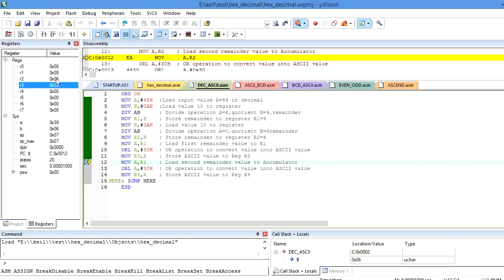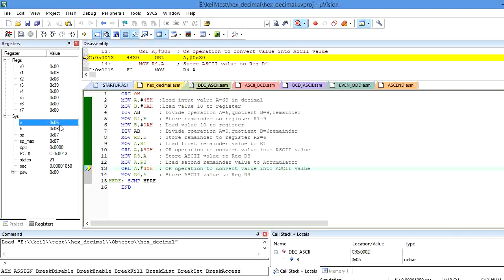Similarly, I need to convert the second digit of the decimal value into ASCII value. Again, I will copy the second digit from R2 to the accumulator by using the instruction move A, R2. This is the decimal value 6. I need to convert it into ASCII, which means I need to perform logical OR of the content of the accumulator with 30H. If I perform the logical OR operation, it converts into the ASCII value of 6, which becomes 36.